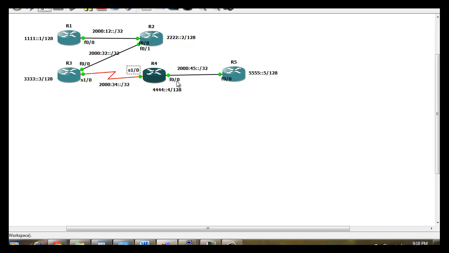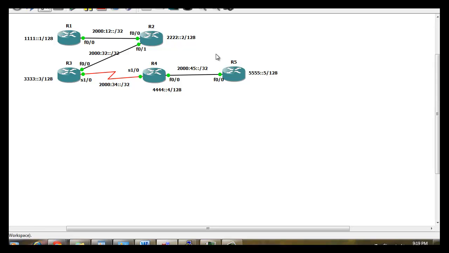The reason why I have taken different types of interfaces, it's not going to make any difference. IPv6 configuration on the WAN interface as well as the LAN interface is the same, so I would like to show you that. Even with frame relay, the configuration is the same, but when you write the frame relay map, there will be a slight difference. Those things are not needed because frame relay is out of the picture now, but you can still watch my old videos to understand